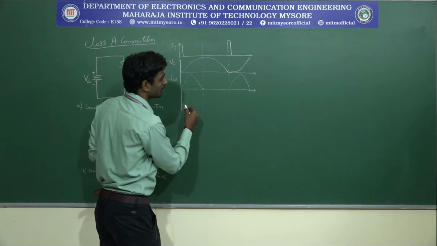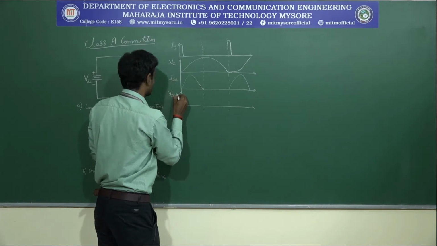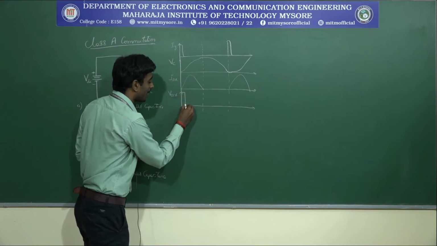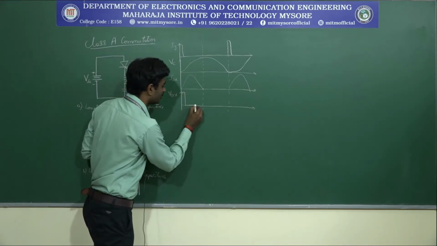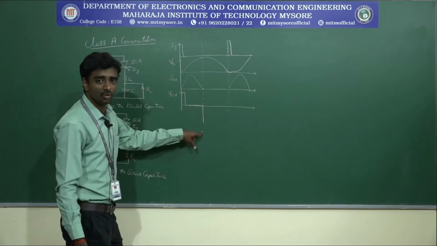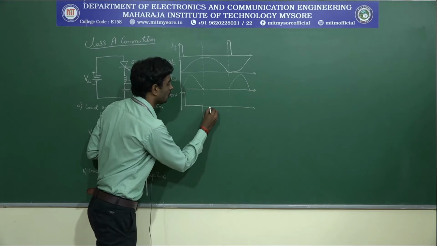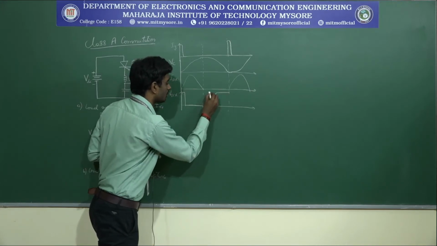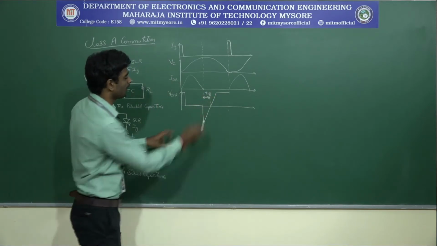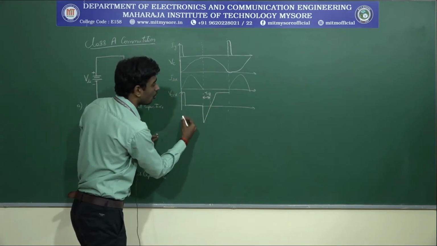Similarly, if you consider the second one, this will be the condition, that is the voltage across the SCR. If you consider the voltage across the SCR, I will measure it as a voltage that is initially maximum. After this condition it will be minimum, and in the negative voltage, in the negative signal, you are forcing your circuit to turn off here. So this will be considered as the turn off. For this period your circuit will be off. So this will be the off condition for your circuit.